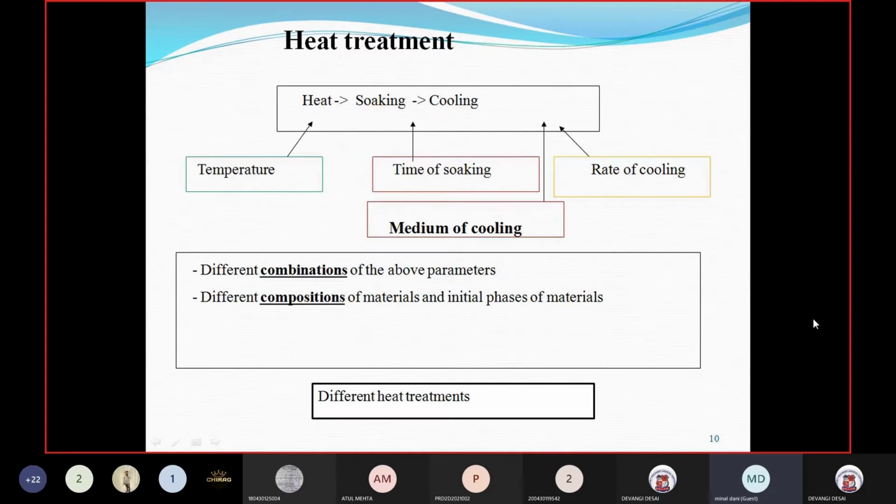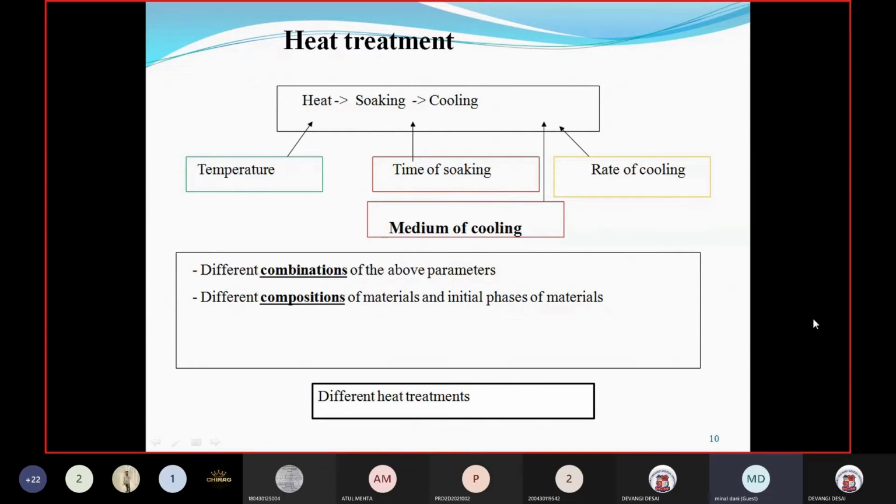So in heat treatment, three major steps we are doing. Heating means this treatment is done in a solid condition only. Once you have made your steel, after that again we are heating the material up to the solid state. So we are not again making it in a liquid condition. We are again heating the steel, holding for a particular period of time and then cooling it.